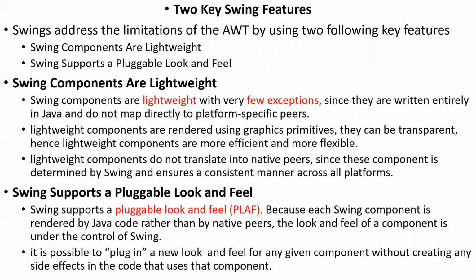Lightweight means, the name itself says it, light weight means less weight. It might be the number of codes, number of exceptions or number of methods, all those things. When compared with the AWT components, Swing components are lightweight. Lightweight means without much complexity, those may take less time to execute, or those may take less memory also. All these many factors influence to make them lightweight.